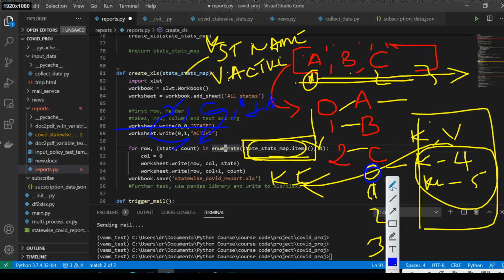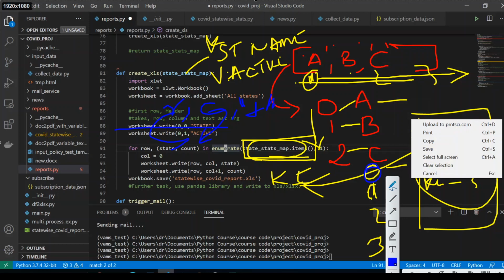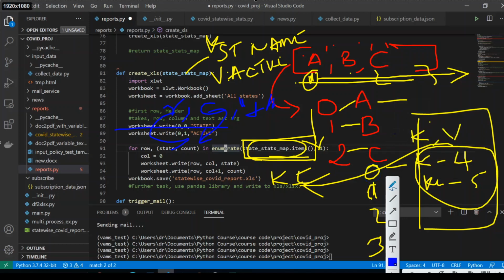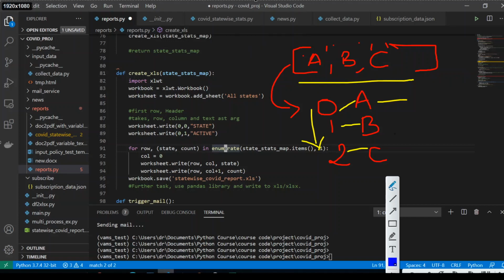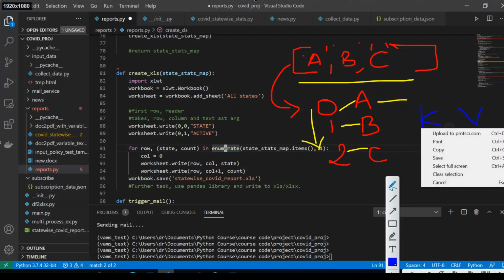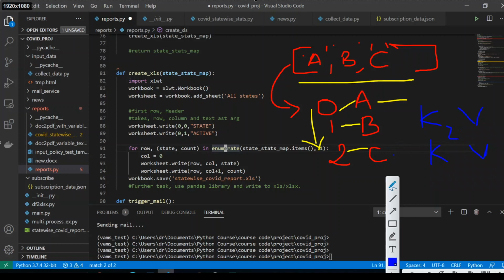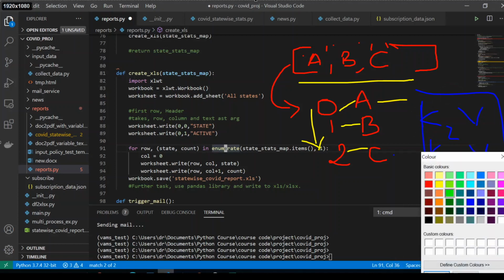So for example, I have enumerated key value pairs, so key 1, key 2, key 3. It's internal. So when I do enumeration, what do I get? Enumeration starting from 1 here.